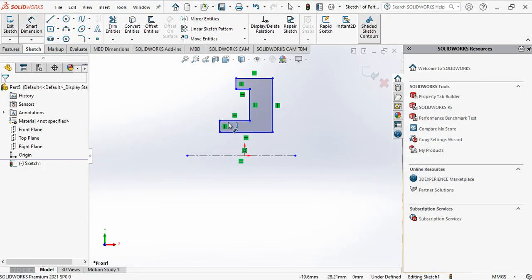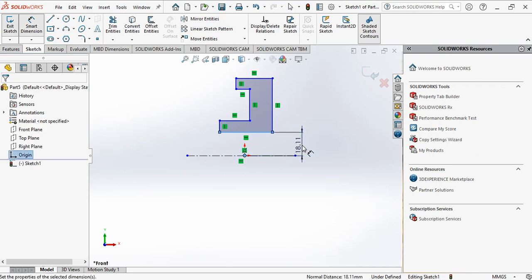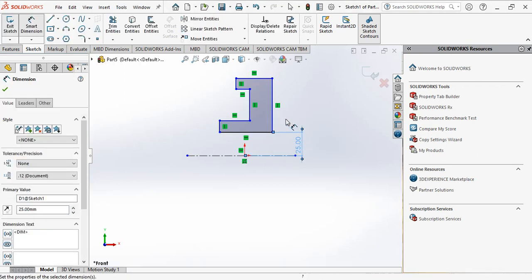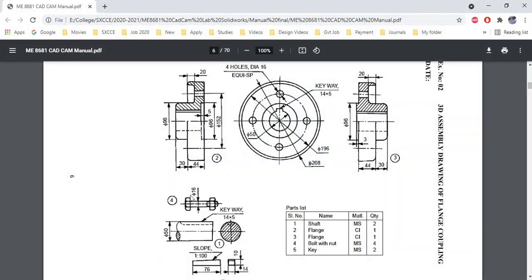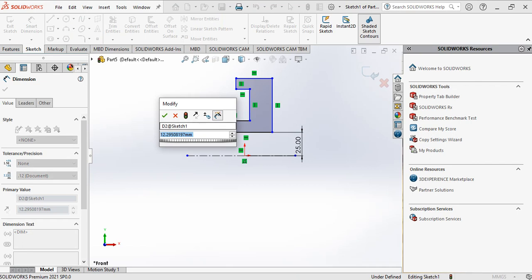Go to smart dimension, here to here, it's 25 mm. Here, on this left portion, the entire distance is 96 mm. So 50 mm we have already, so 96 minus 50 we will get 46 mm. So upper region 23 mm, lower region 23 mm. So this distance is 23 mm.